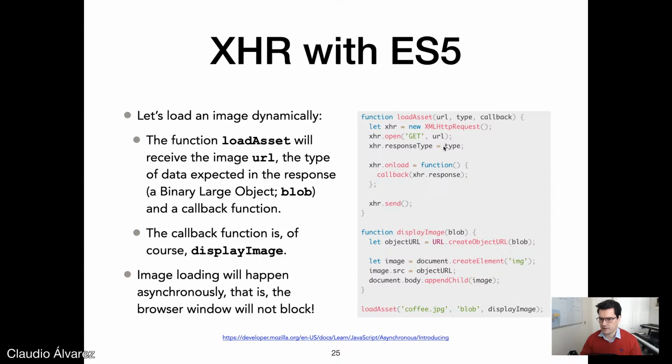The type is the expected response type, the data that is expected, for instance, an image JPEG, or an image PNG, or text HTML, or text, or whatever you want. So this is a handler for when the request is completed, and then the callback function will be called passing in the response. So we got this other function that